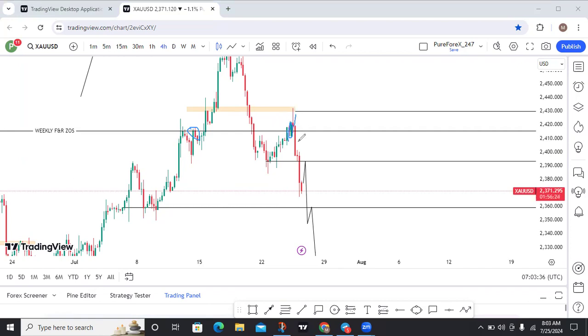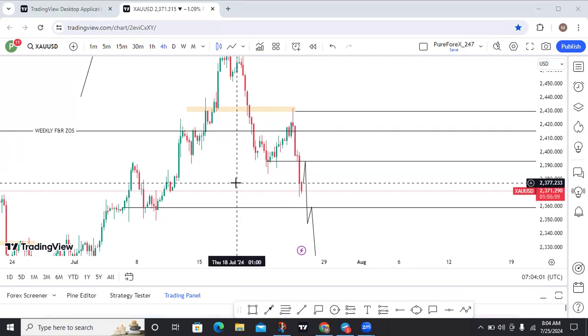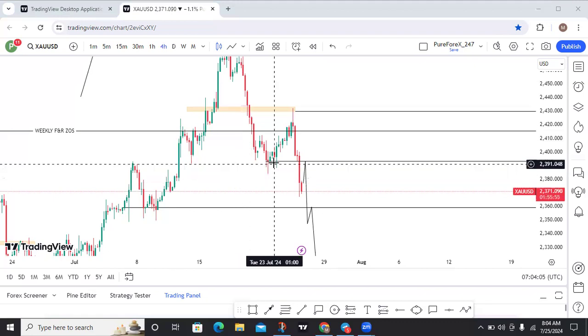Like if I do analysis on weekly, I say, oh, we are going to be going bearish, it doesn't mean I will not buy or I will not sell. I'm a price action trader, so sometimes I say, okay, we are going to be going bearish, and then the market gives you reasons to go bullish, but you need to know why you are going bullish or why you are going bearish. Of course, you're also not going to be 100% correct all the time, right? So this is the reason why.